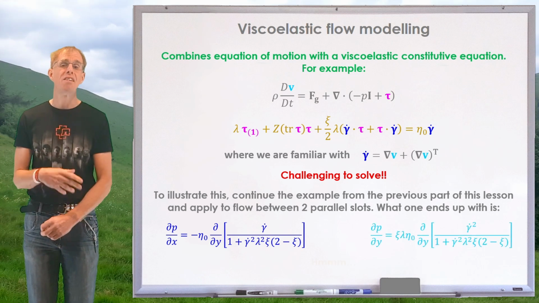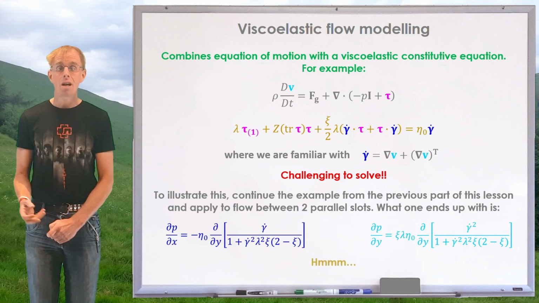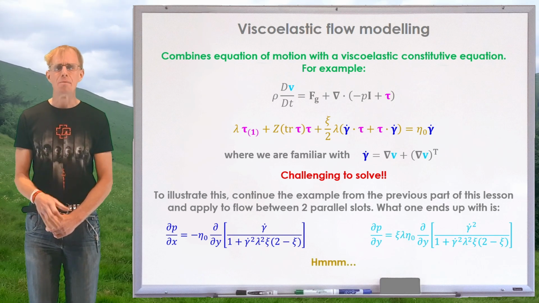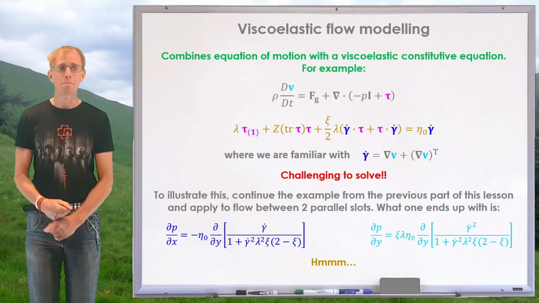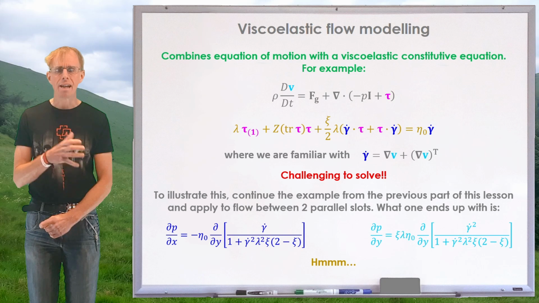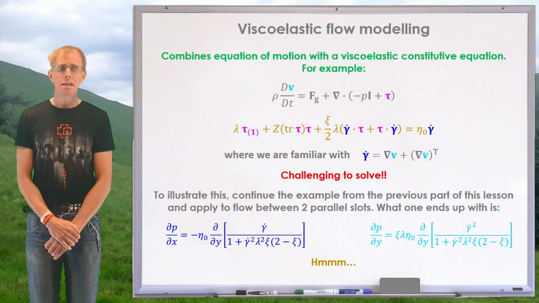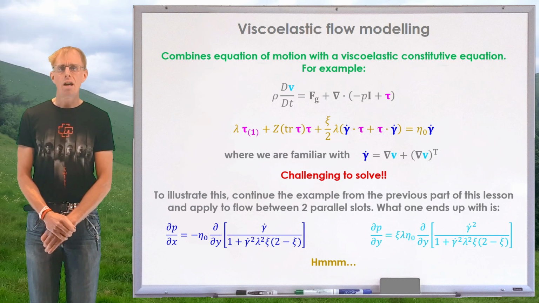So we've got pressure now varying in two directions. They're equal to derivatives of gamma dot, well actually gamma dot squared and gamma dot, so that's non-linear. And so we're going to have some non-linearities involved in the solution of that. And we're going to have to solve these equations probably numerically, maybe using finite differences or finite volumes across